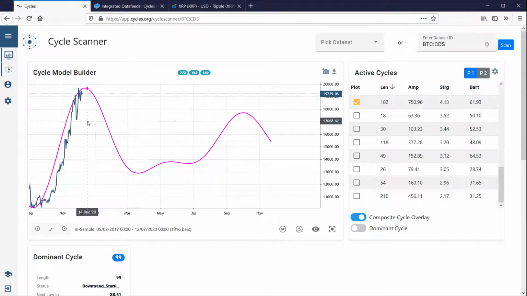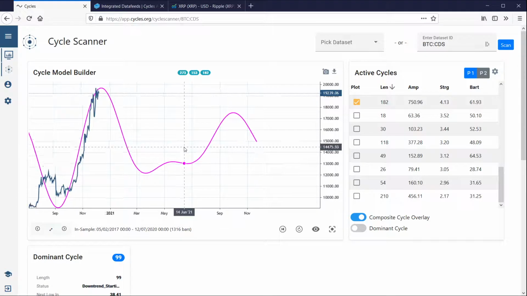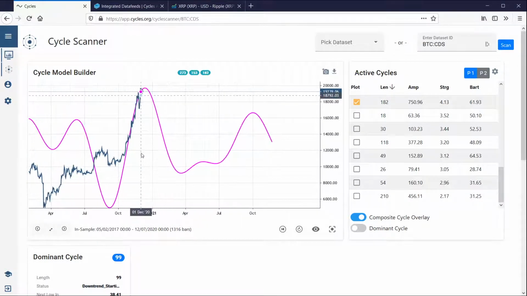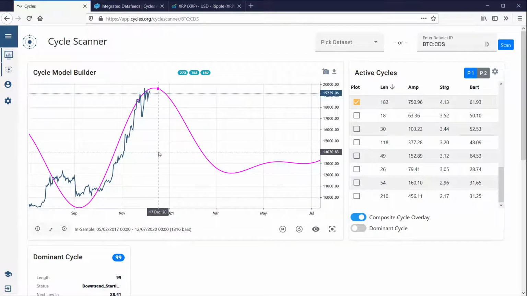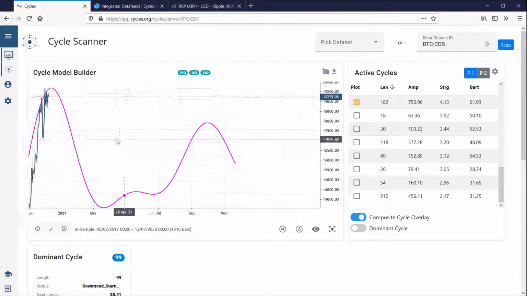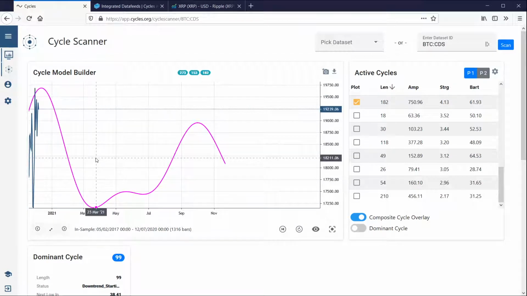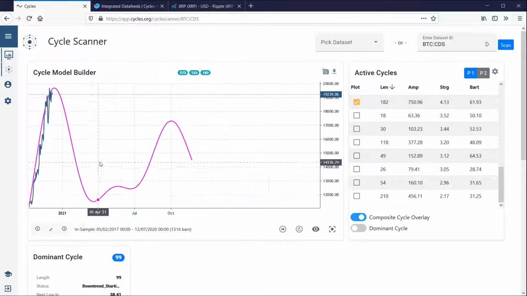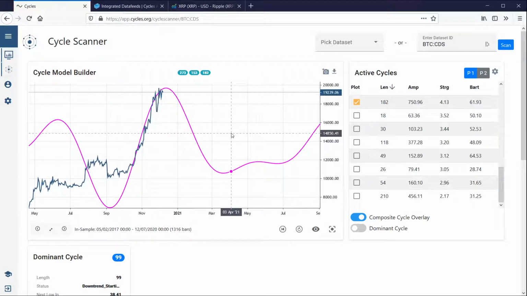At least now it is suggesting a kind of down move into summer next year. So I would be careful with even going long now in Bitcoin. It looks more like a reversal, but then we need to recheck in March. At least in March, we need to revisit if this works out or not. So this is Bitcoin. Let's now move on to the other interesting cycles.